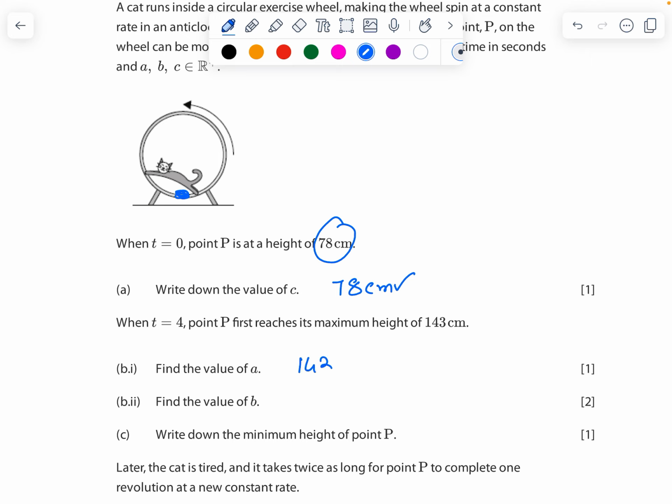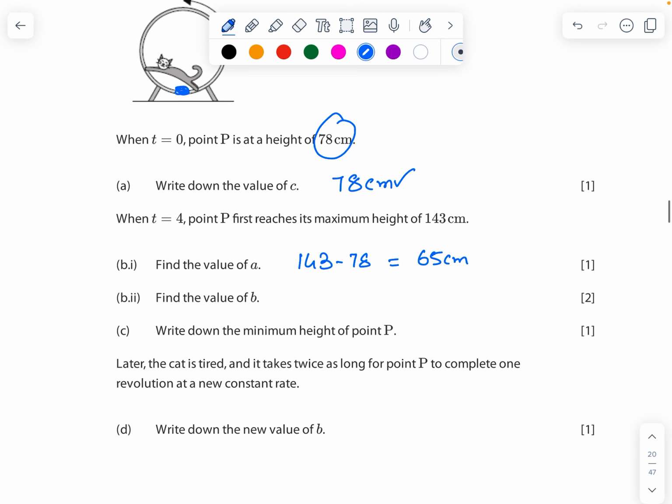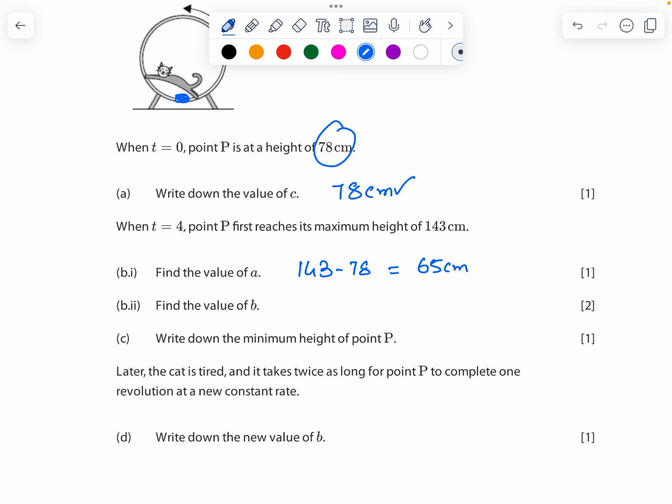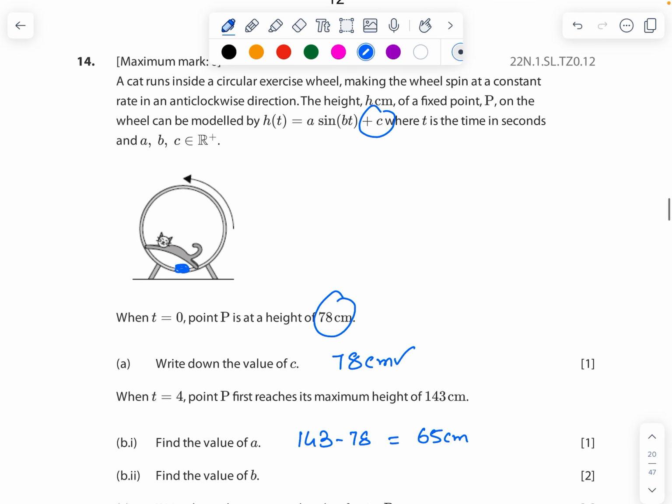So 143 minus 78, which is nothing but what? 65 centimeters. That is the maximum height. Then what is the value of B? Just now we have done that. What it says, it has been told that